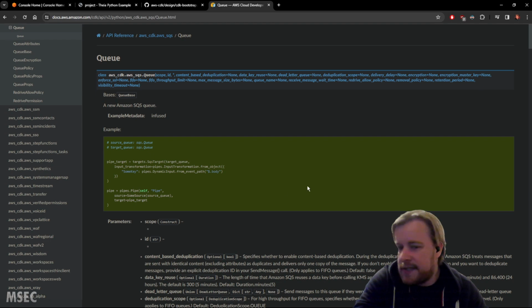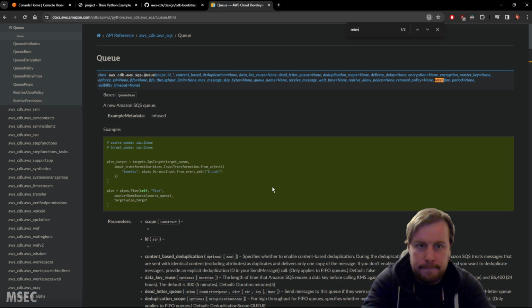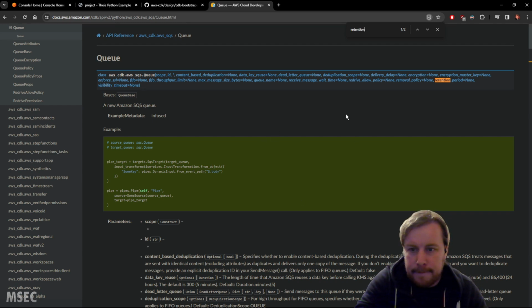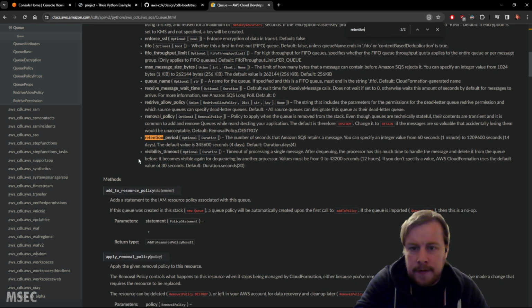Scroll down to the retention period. So from the description we can see that there is an optional parameter that defaults to 4 days. With this property name and data type information, you have what you need to update your SQS queue back within